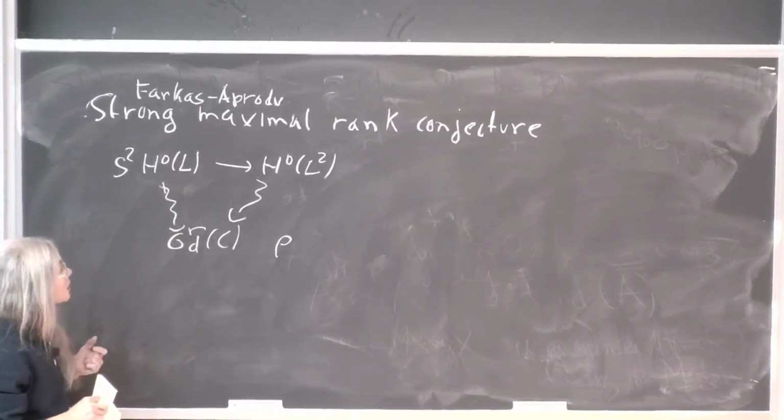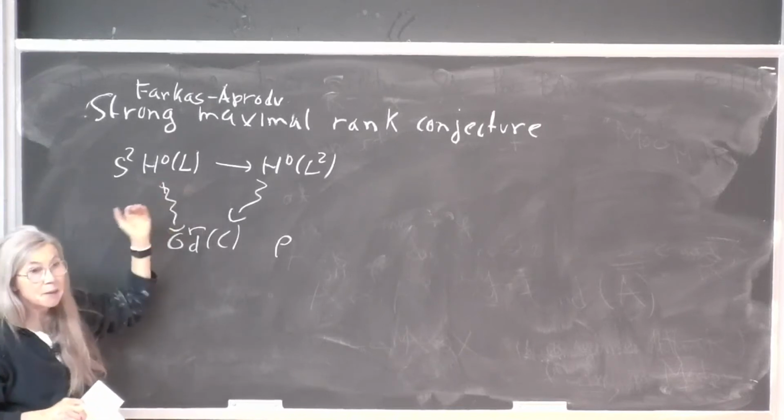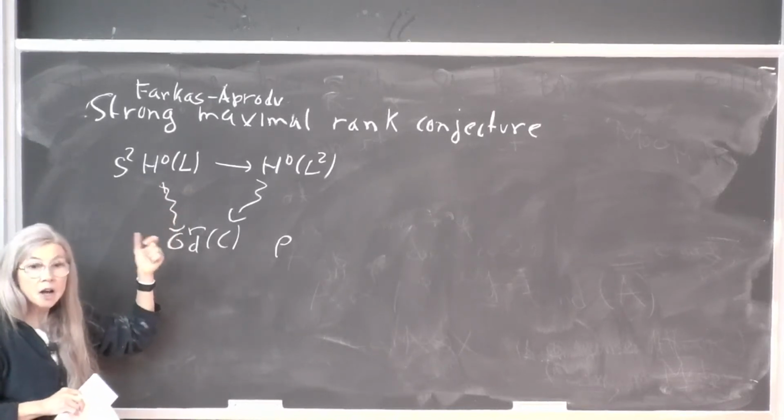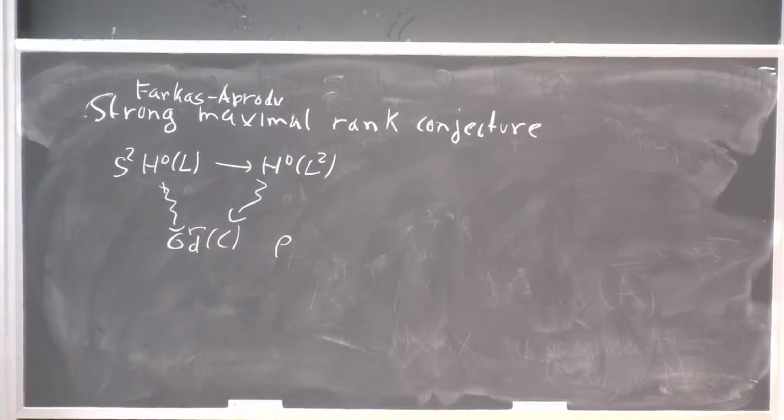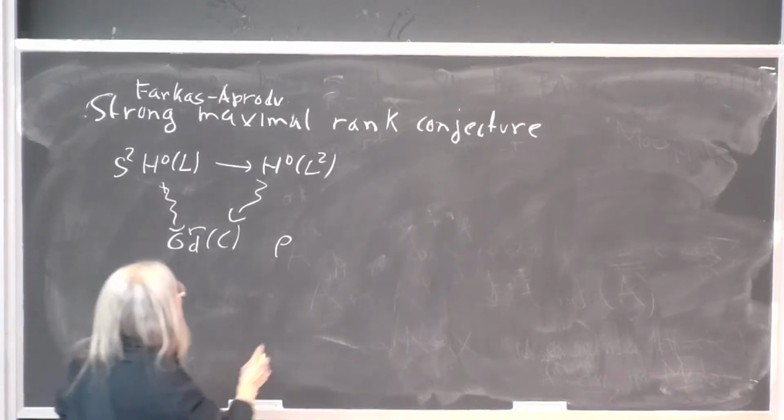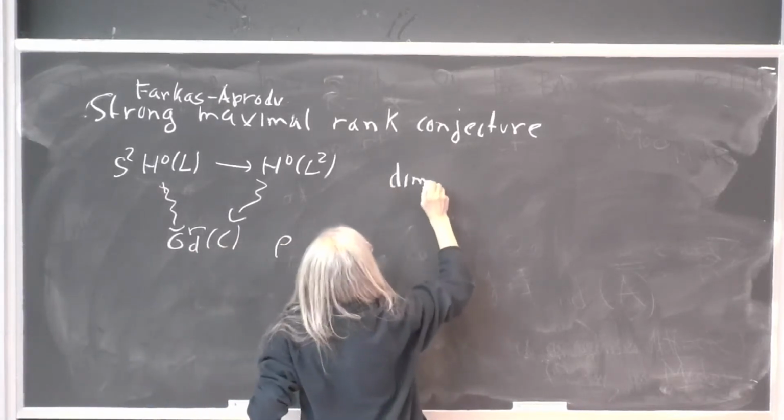So what we would expect is that if we impose that this map doesn't have maximal rank, the number of conditions would come from the number of conditions that you need to write down when you write that a map is not of maximal rank in linear algebra class. You look for a determinant which is different from 0, of dimension 1 less than the maximum, and then you write all the minors that you can obtain from this smaller determinant by adding 1 row and column and see how many conditions that gives you. So you would expect that the dimension